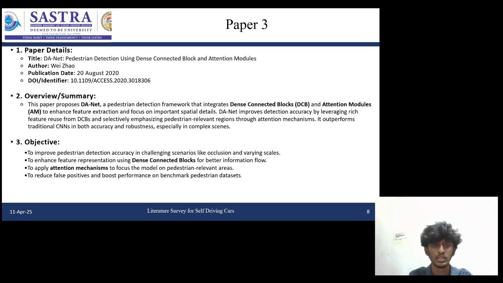mechanisms. It outperforms traditional CNNs in accuracy, robustness, and especially in complex scenes. The objective of this paper is to improve pedestrian detection accuracy in challenging scenarios like varying scales. Next, to enhance feature representation using densely connected blocks for better information flow. Next, to apply attention mechanisms to focus the model on pedestrian-relevant areas to reduce false positives and boost performance